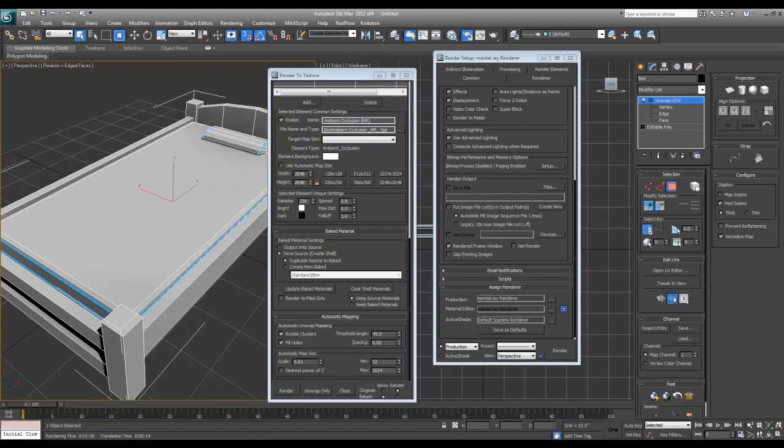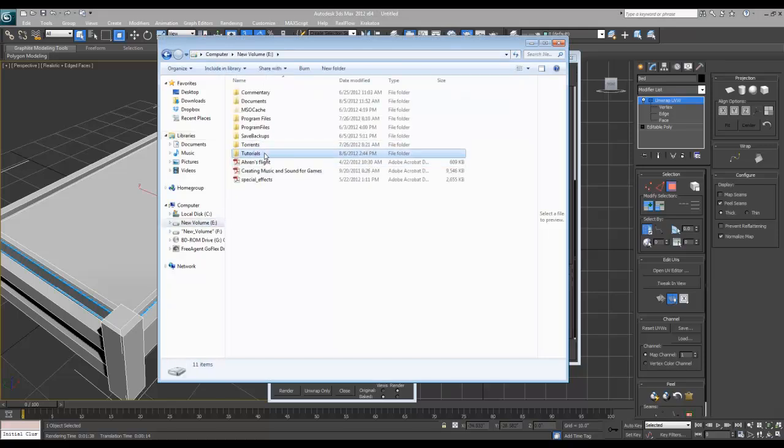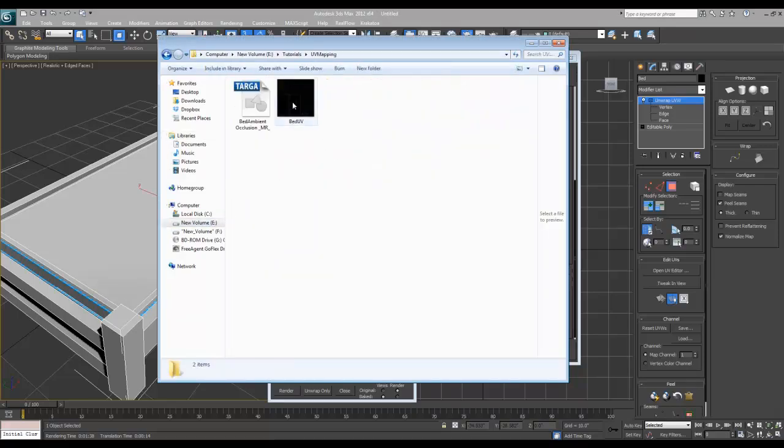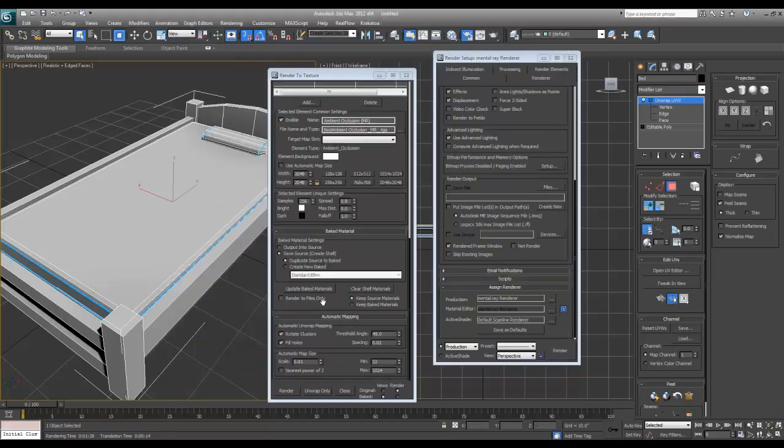So close that out, and because we saved it into the same place that we had our other one, we'll go there. Tutorials and UV mapping. As you can see, it's a targa file, so bed ambient occlusion. I should have actually gone over that, how to save it out. Oh, it opens up in Photoshop. Right here,